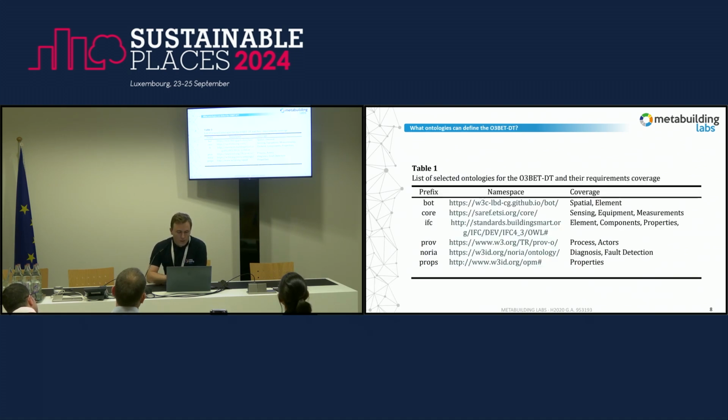It's quite difficult. Here's a list of ontologies that we have, okay? So we restricted ourselves to this. We haven't finished the process. We're looking at BOT, that covers our spatial needs, looking at SAREF core, that covers our sensing equipment and measurements. We've also considered SSN and SOSA, which is more scientific, by the way. SAREF is a lot more towards IoT, more towards devices and spatially dividing it, whereas SOSA and SSN is more scientific measurements. It also has sampling and so on, which might also be useful. Then we looked at IFC because we needed to have a BIM and to be able to visualize and to give it some sort of geometry.